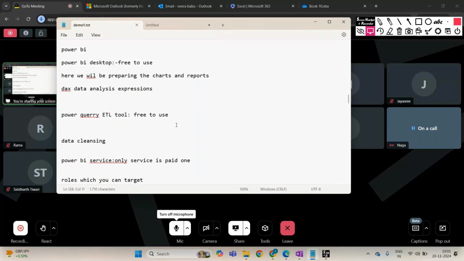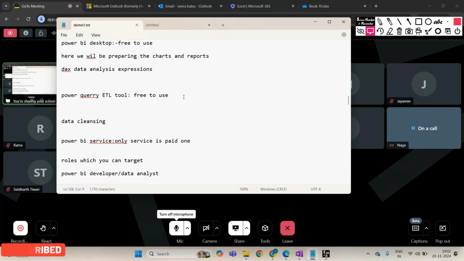What kind of things will be there in the desktop, Power Query, where we will clean data, and why data cleaning is so important, why handling missing values is so important, and that this ETL and this desktop is free. Okay, let's now go to the